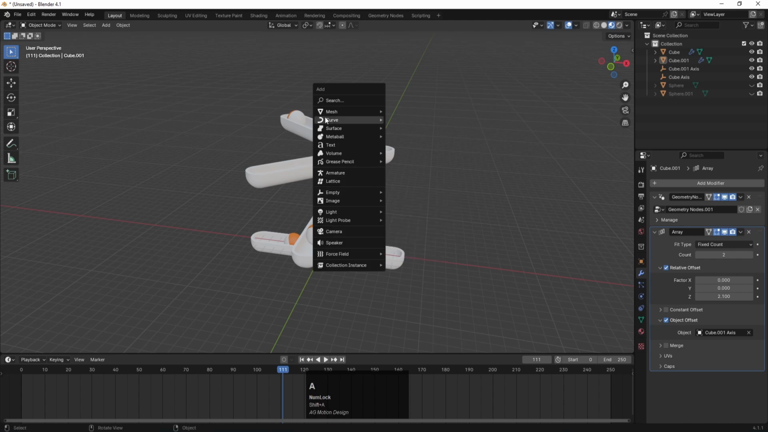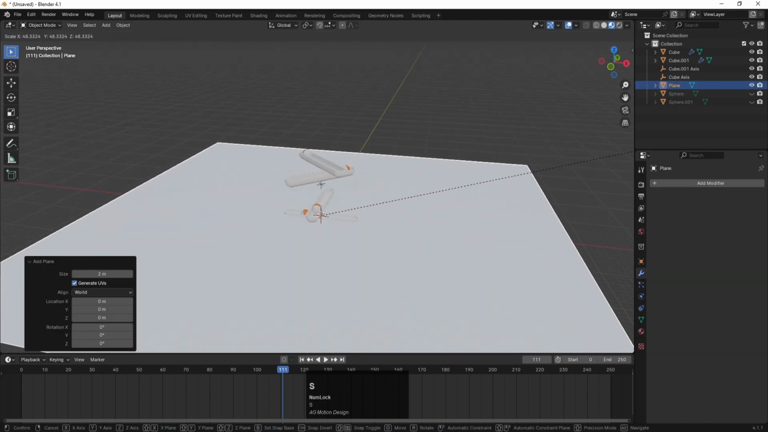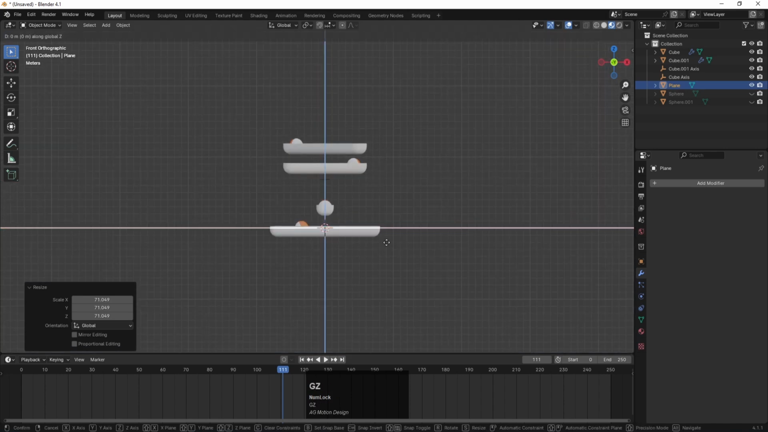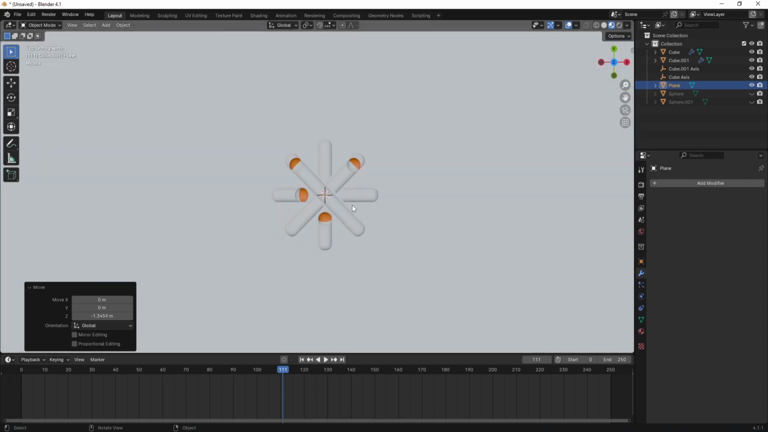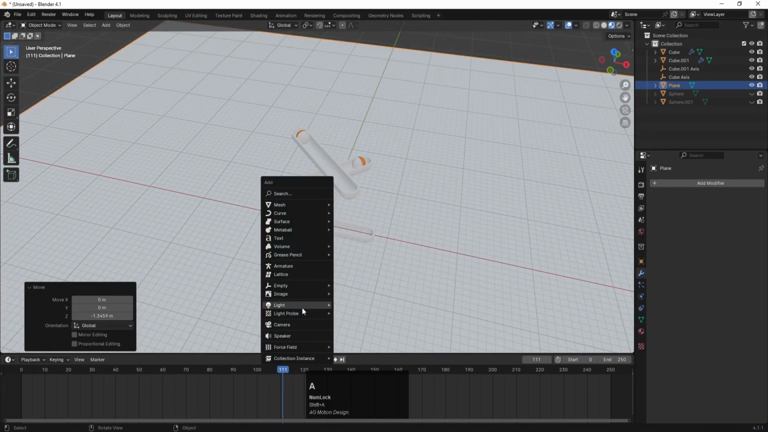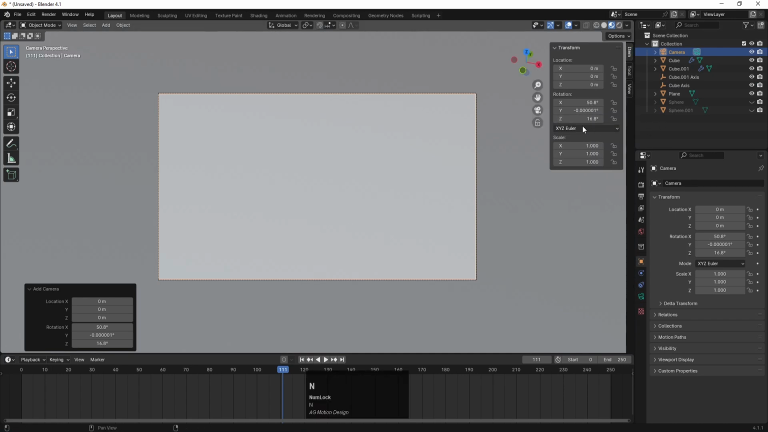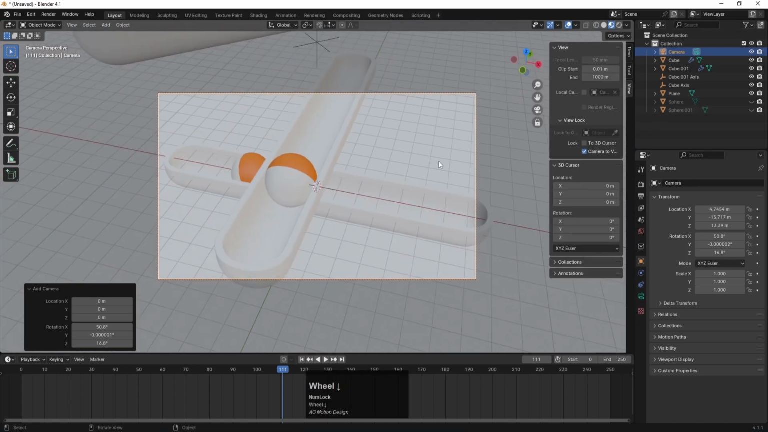So first of all, Shift A, go to the mesh, and we will add our plane. I'll press S and I'm going to increase the size of it like this. Okay, press G, Z, and let's try to bring this downwards like this. Then Shift A, go to the camera and hit 0, press N, view, and choose this value, enable this